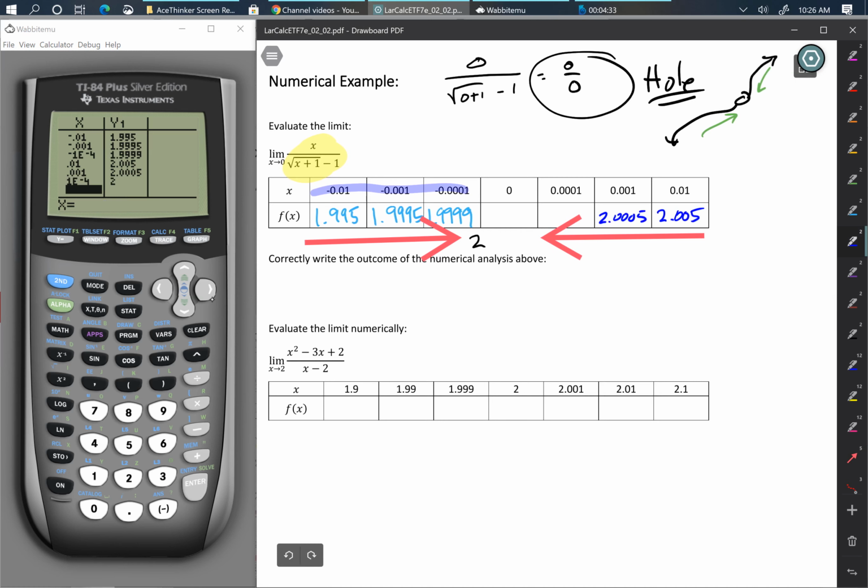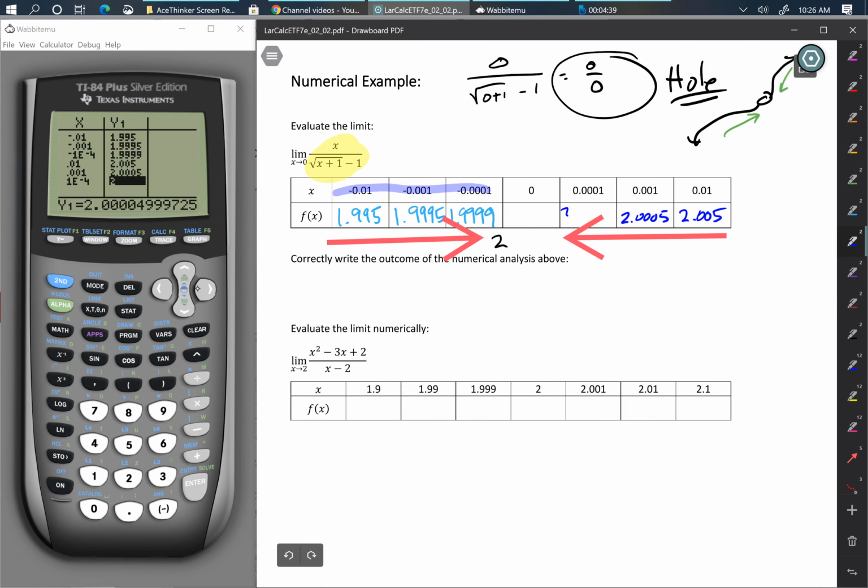Now that third one looks like 2, but if I actually scroll over to it, you'll see down at the bottom, it's actually 2.00005. The reason the display only shows 2 is because it's limited to, what is that limited to? 4, 5, 6 digits, before it has to just round. It looks to me like from the right, this is approaching